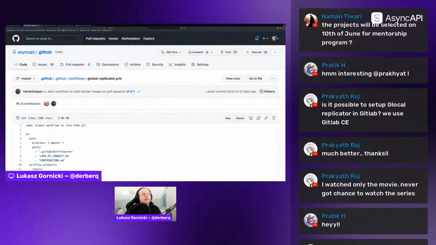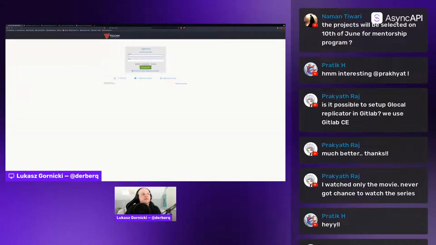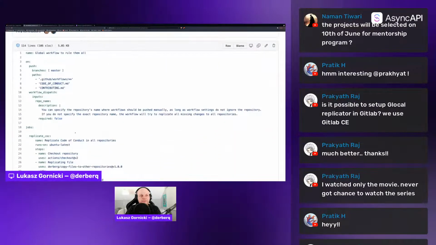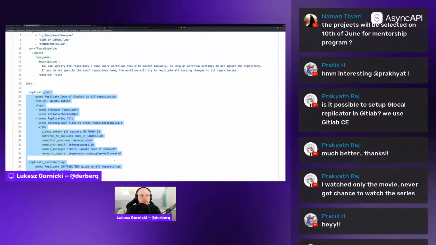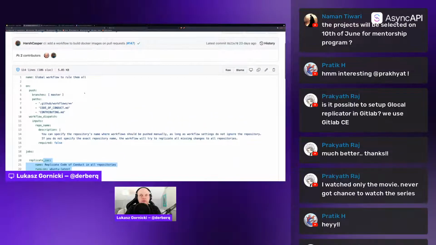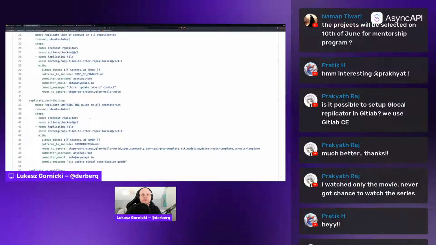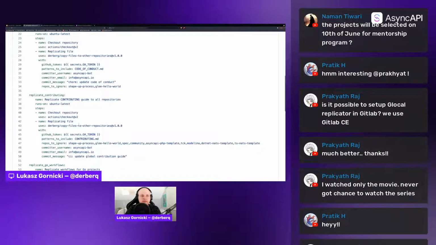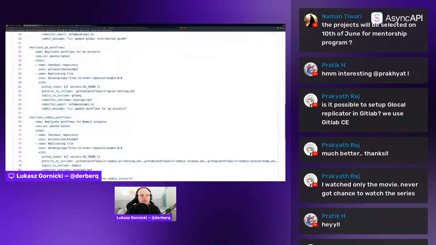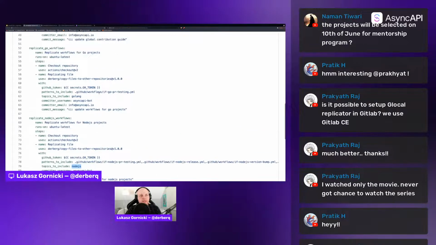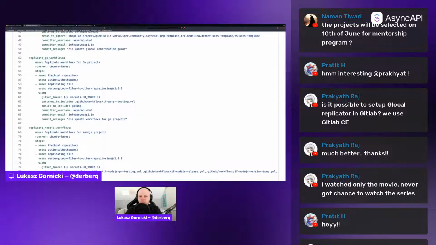So what I mean by this removal is basically that the global replicator that I talked to you about, that's something new actually. The way it's configured now, I think we changed it a month ago. Not even a month ago. So before we didn't have this sophisticated filtering. We couldn't say that Node.js workflows should go only to repositories with the Node.js topic, or that Go workflows should only go to repos with Golang. And as a result, what we have,